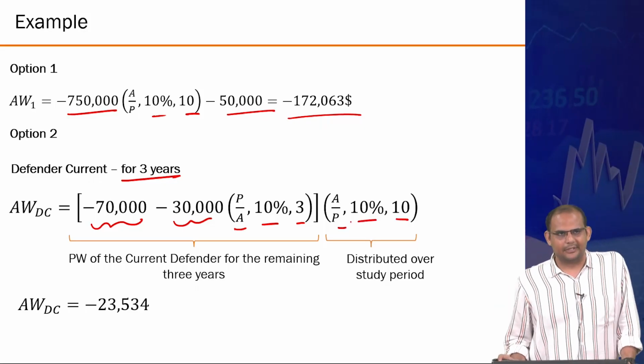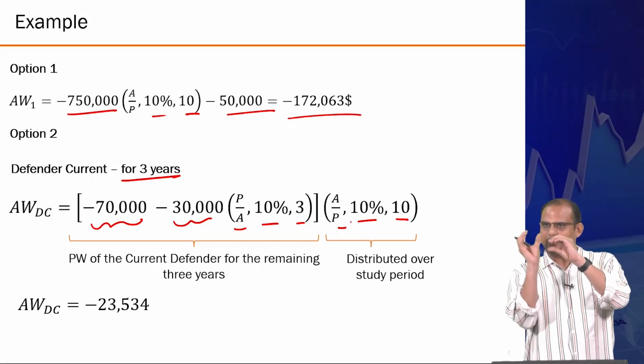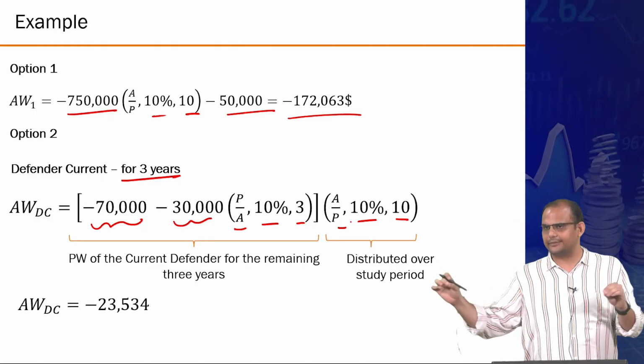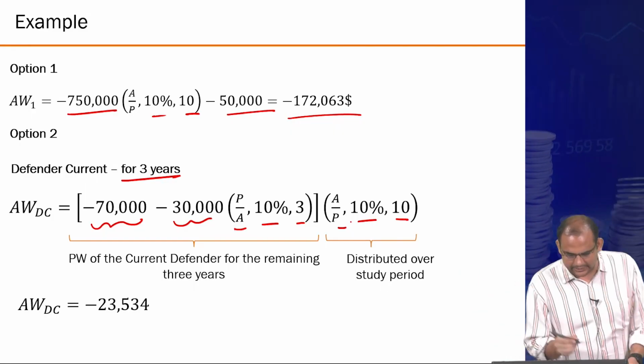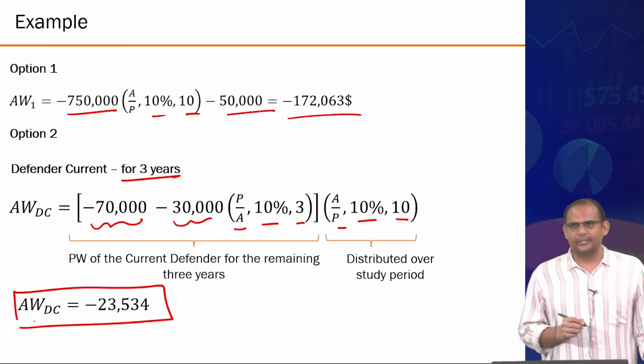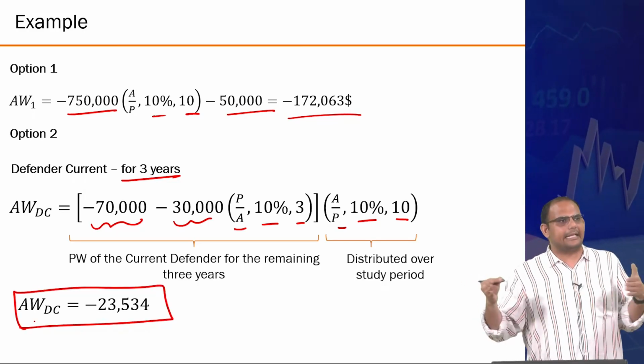Got it? Mini 30,000, bring it to present, distribute to the 10-year cycle. Make sense? Alright. So then this part, only the defender's first 3 year equivalent at the entire 10 years is